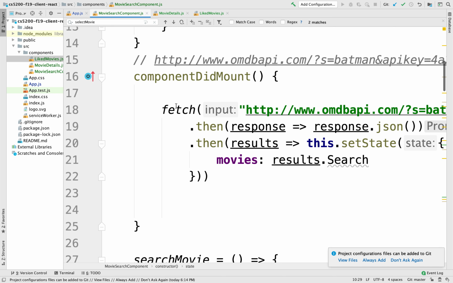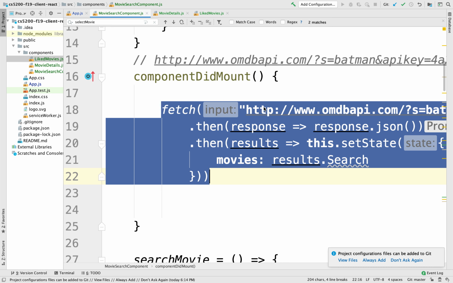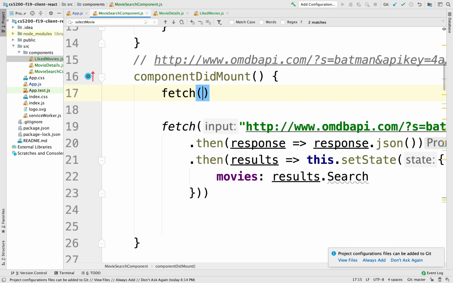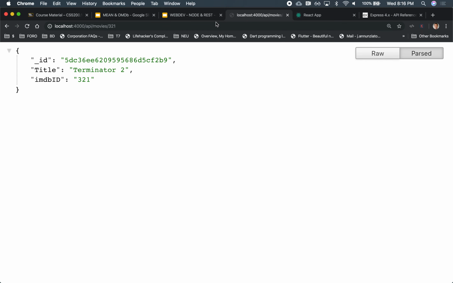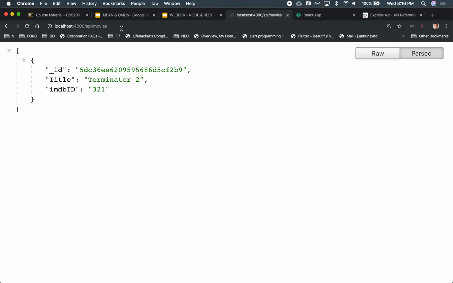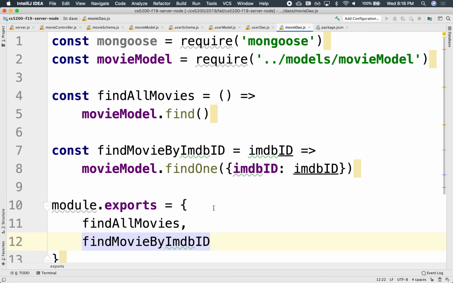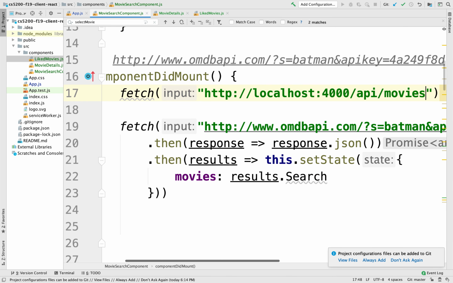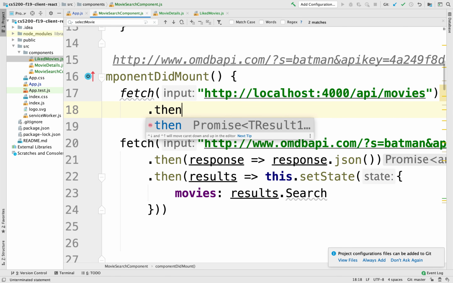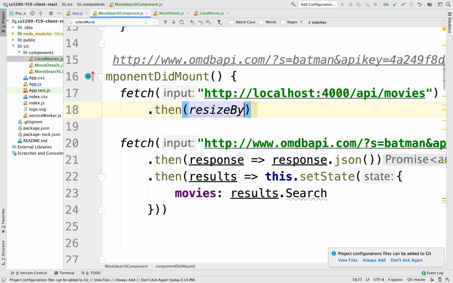But we can go fetch those things in the component mount. Just like we can fetch from somebody else's API, we can fetch it from our own API, right? The one we just created. This will be something like fetch. What's our URL? It's this one right here, no? Right here. So I'm just going to copy that, and that's our URL. Right, there it is. Paste there. There we go. And then this is the response coming from our server. We're going to parse it just like we did before,